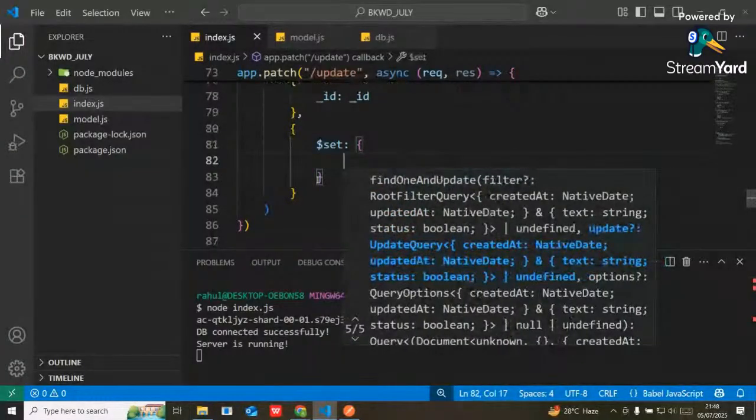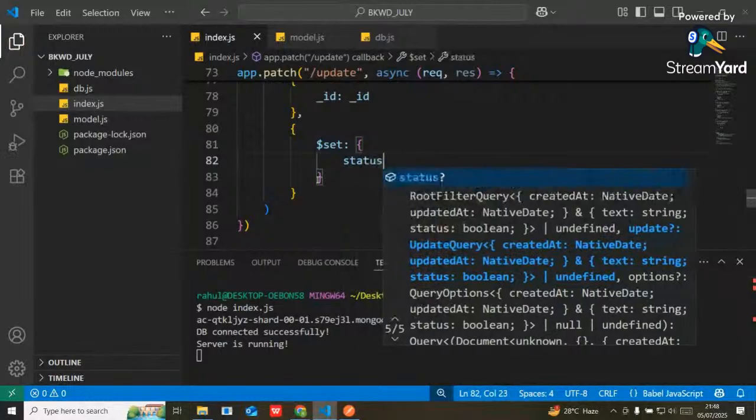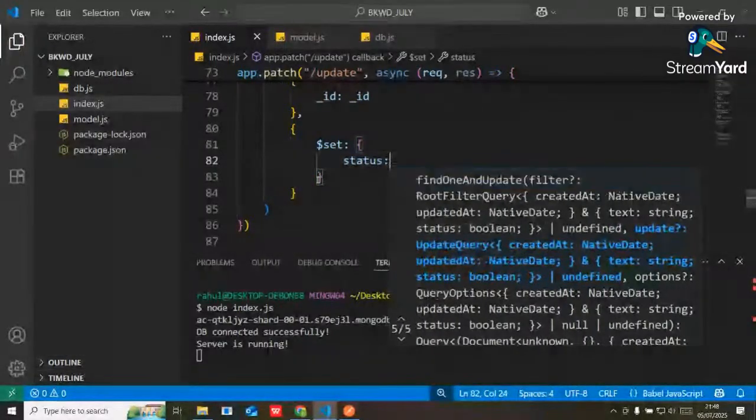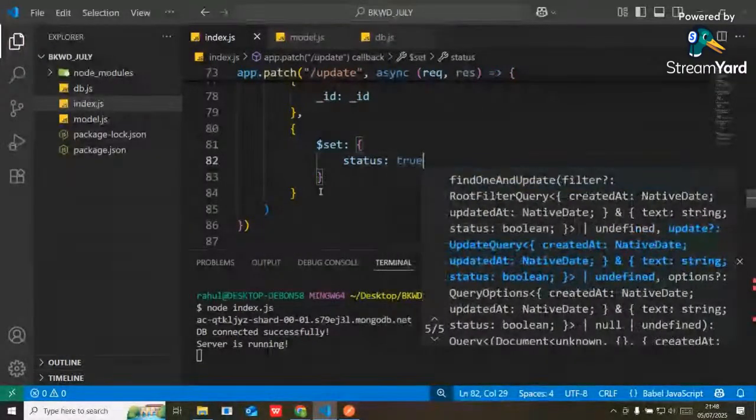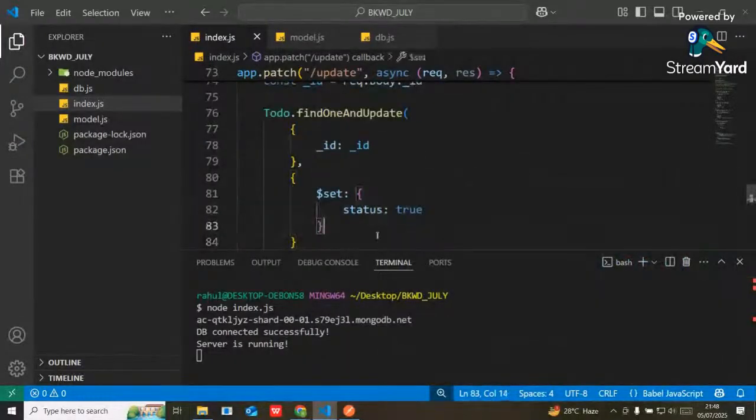Simple, the status. I want to override the status as what? True. Got it? I want to override the status as true. That's it. If you do this,